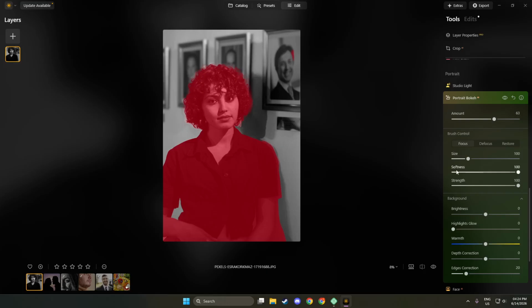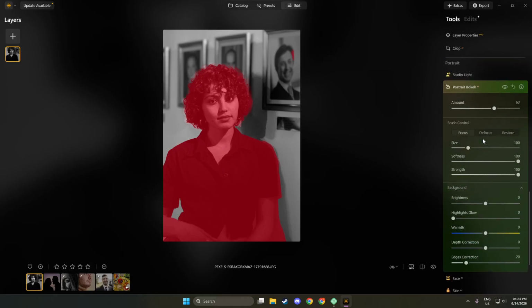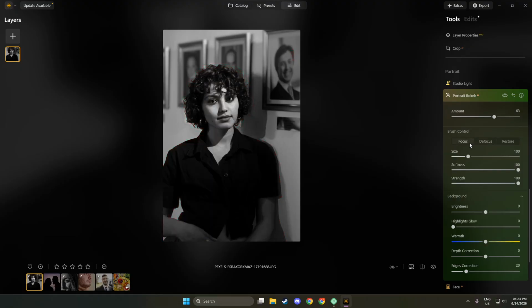Next up, you'll need to turn on the tool. You can do this by clicking on the toggle switch or button. Activating the tool is essential as it initiates the AI-driven process that will begin to analyze your image. This step is crucial because it sets the stage for all the adjustments you'll make next.